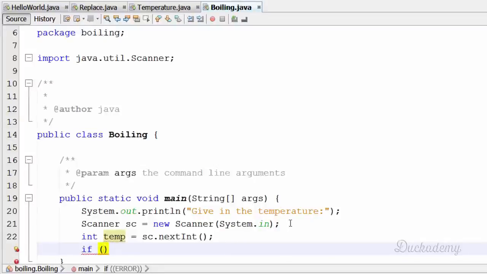And inside the if, we will write a condition. The condition is something that has a true or false value, that can be decided if it's true or false. So in this case, if the temperature exceeds the 100, exceeds means equals or greater than 100,